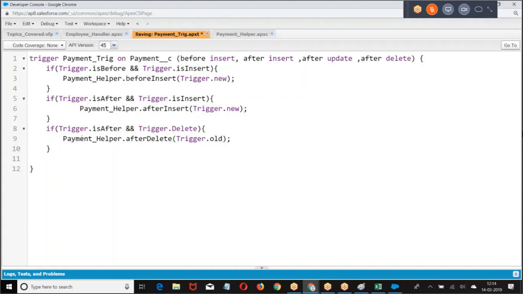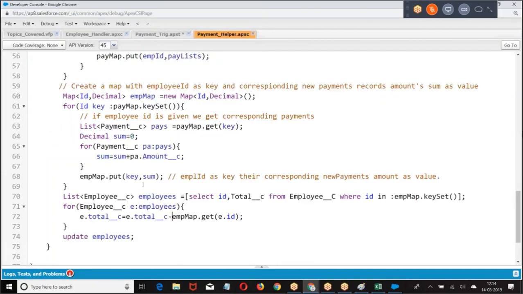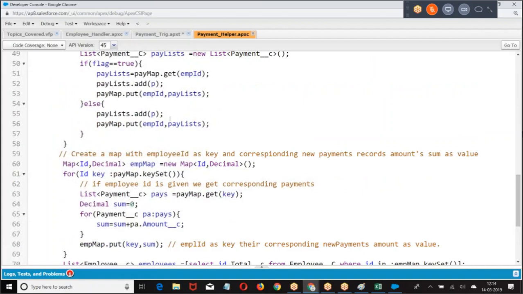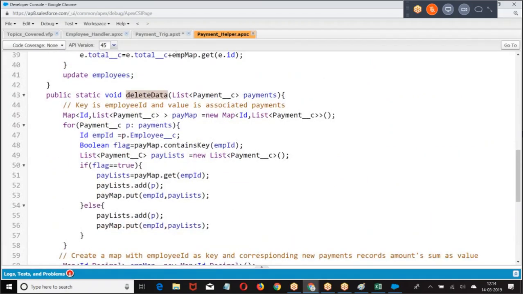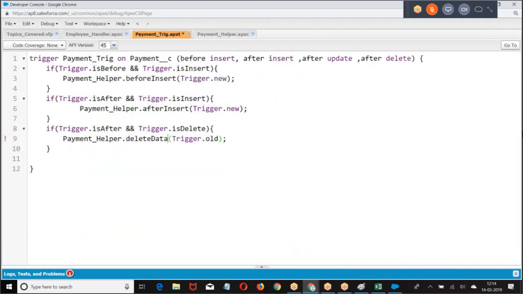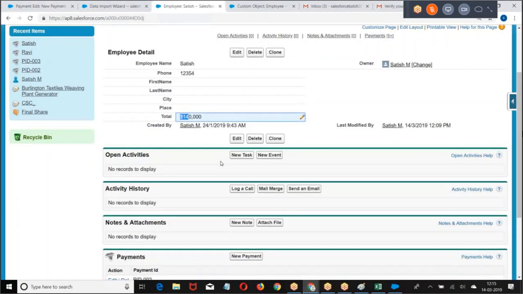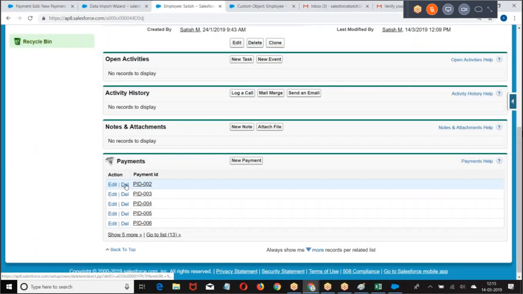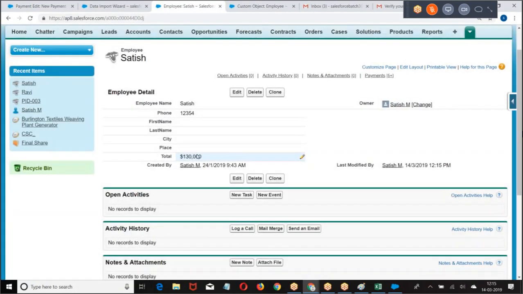Because it's a delete trigger, I am passing Trigger.old. Then let me run this. Then go back to any one of the records and cross check whether it's working fine. This is 1,40,000, right? Delete one of the records. 1 lakh.